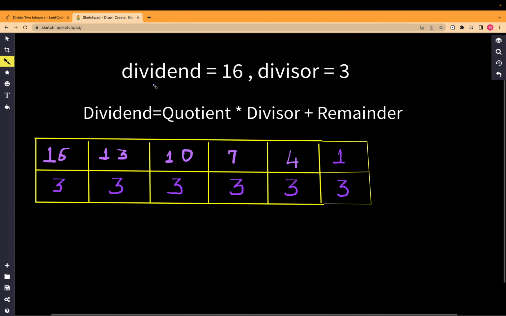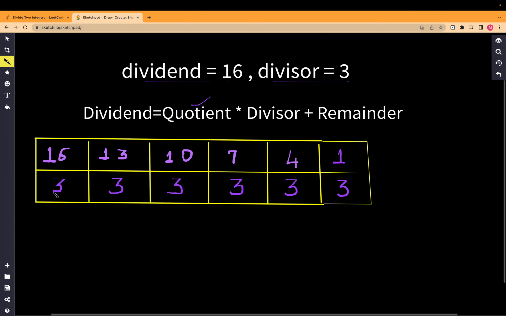In this question, here I have taken dividend as 16 and divisor as 3, and we have to find the quotient. As we don't have to use any mod operation or any division operation, we can just use addition or subtraction. So the first way, if we are using subtraction, is if our divisor is 3 and our dividend is 16, we will